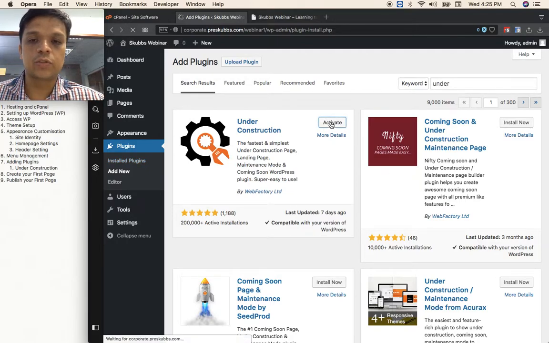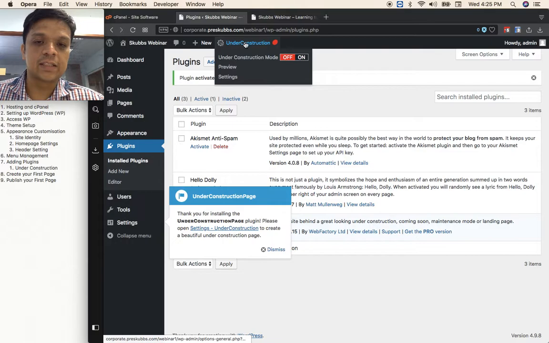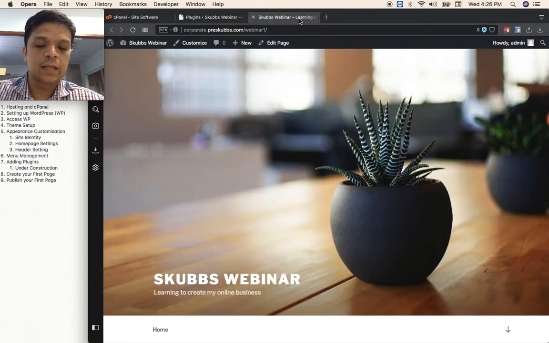Okay, now once you activate it, you will notice that there is this new thing called under construction at the top. Again, a lot of plugins, even though free, give you very basic functionality. If you want to have it very precise, or if you want to control the functionality, then you have to buy the paid one. So once you turn on under construction mode, if you go back to your site